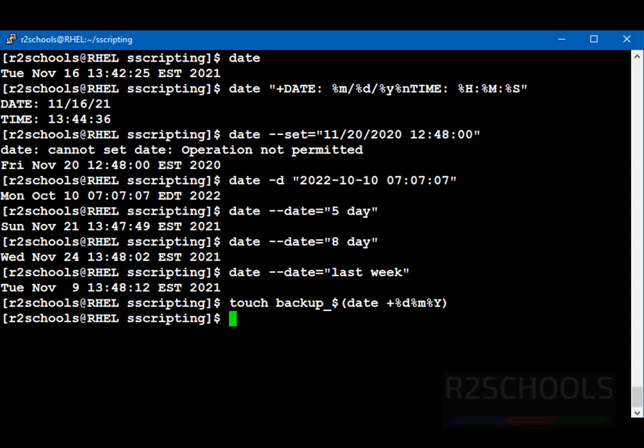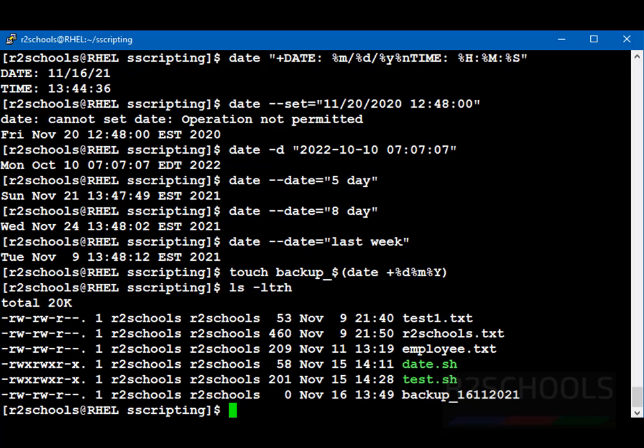Let's see whether the file is created or not, named backup underscore date, with ls -ldrh. See, the file is created with the day of the month, month of the year, and year.